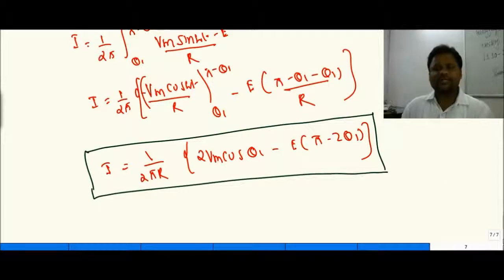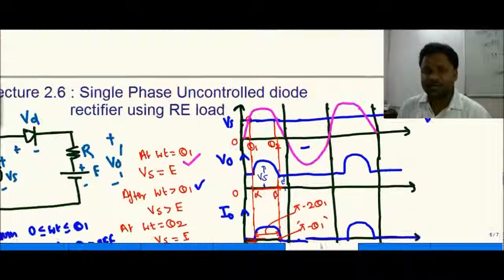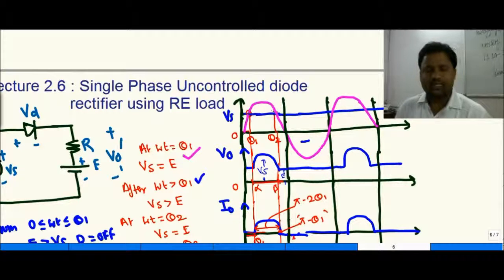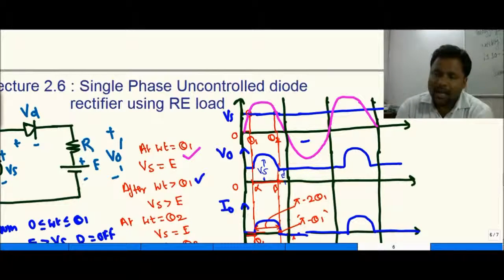This is the expression that we have. So I think you will understand this concept very easily, that we have to think only about theta 1 and theta 2, and it can easily be manipulated. Now move on to the next part that we are going to do in the next class. In the next class we will learn about the LE load, which is a new kind of load. What will be the significance of the LE load and what are the basic issues that we have to learn in the next class. Thank you.